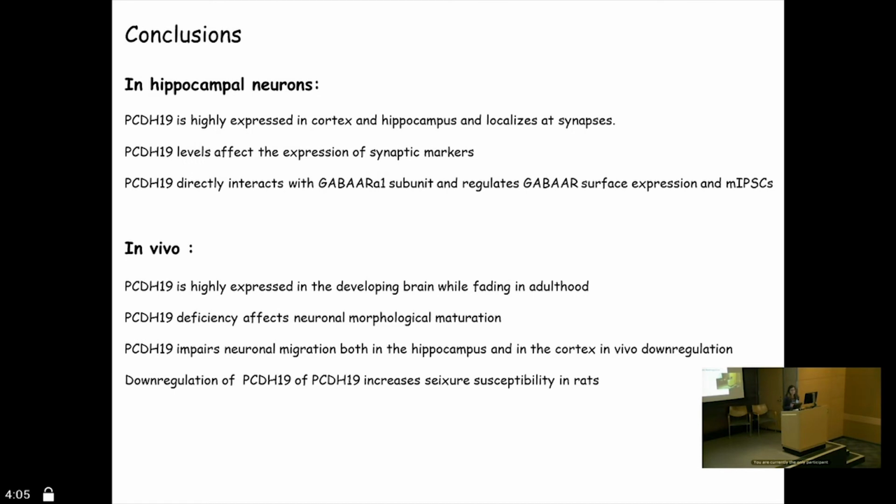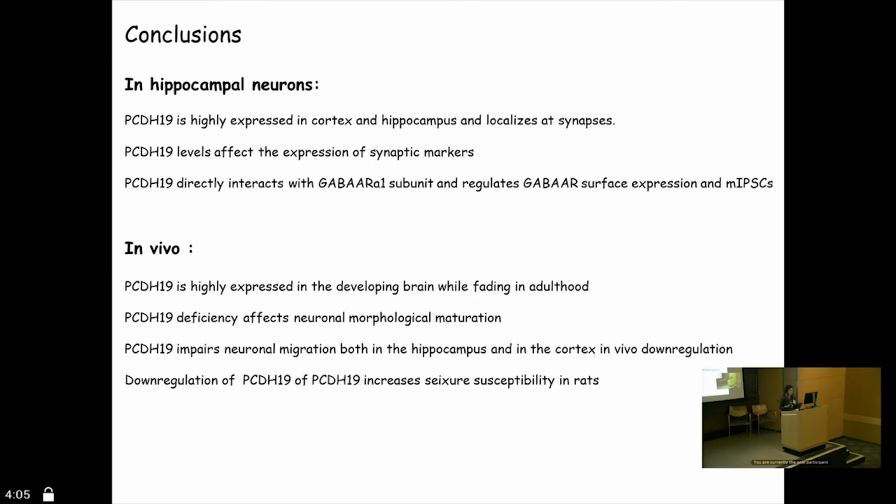And we identified an interaction with the GABA-A receptors, and probably protocadherin 19 regulates the trafficking of GABA-A to the surface, and is also important for normal GABAergic transmission. And in vivo, we confirm the data that we observed before in vitro, and in particular we found that protocadherin 19 is highly expressed in